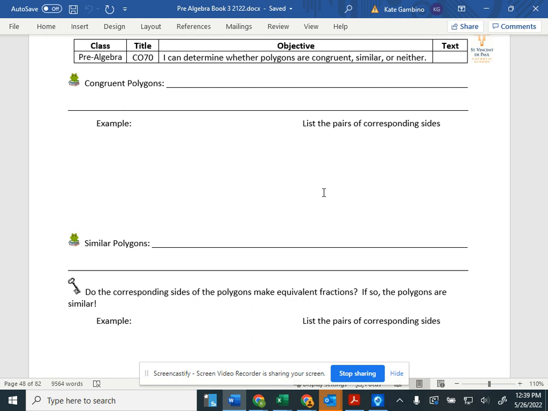So yeah, let's focus. CO70, last objective. I can determine whether polygons are congruent, similar, or neither. So let's see what this means. We should know what the word congruent means. That's our lovely vocab word that I make us use. What does congruent mean, Paul? It's equal and same. It's the same. So congruent polygons are polygons